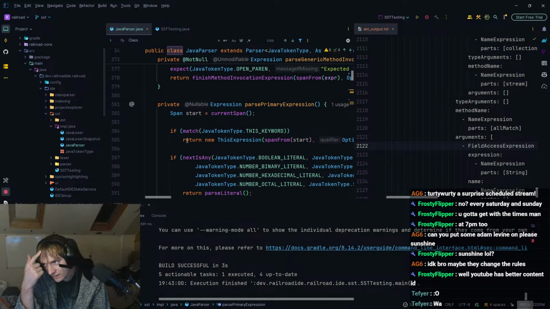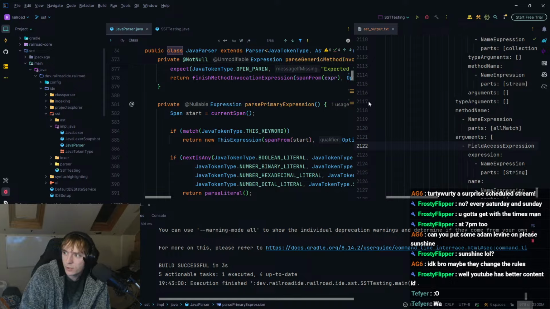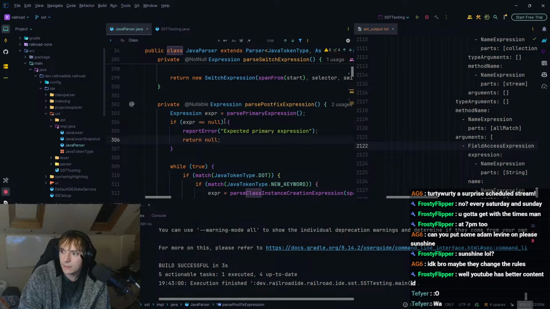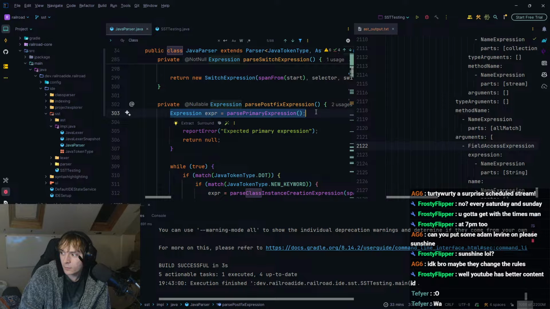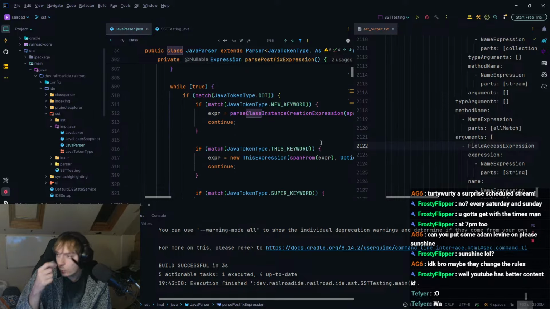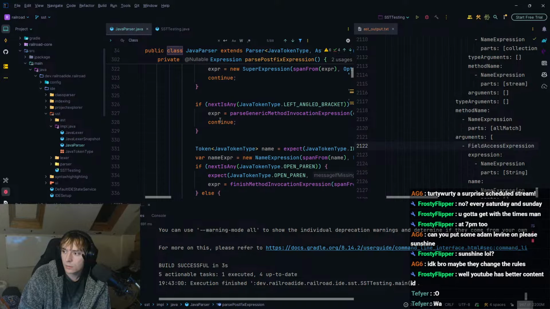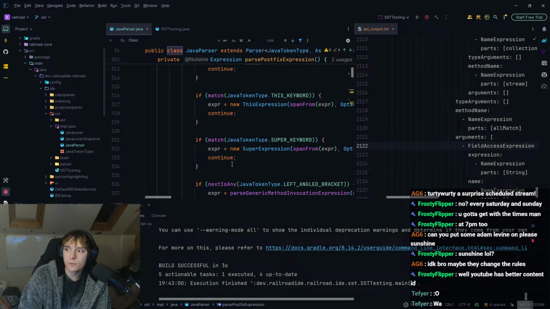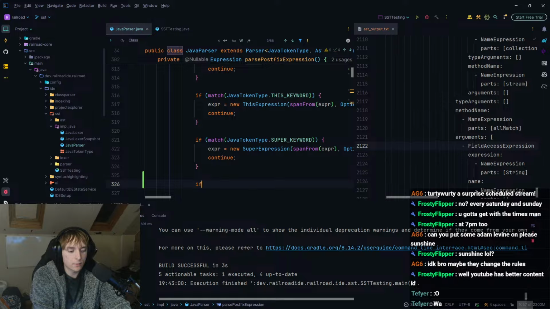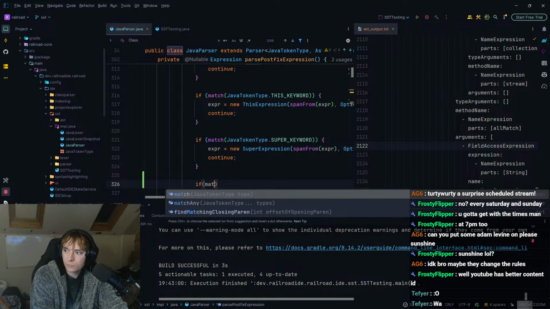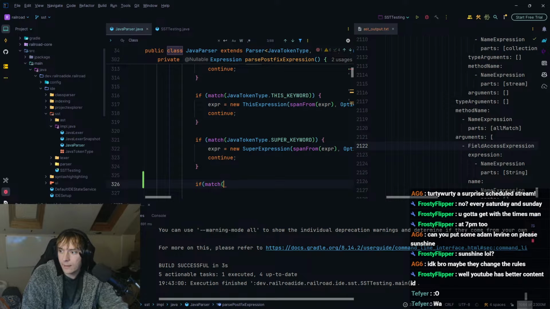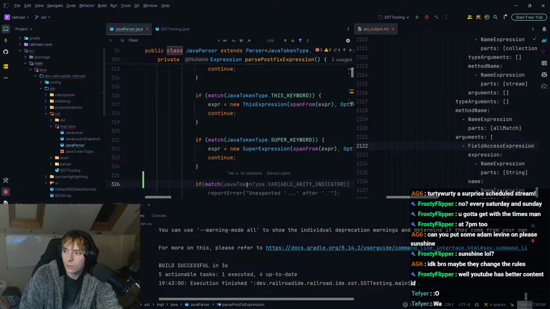Okay, the interesting part is that it's got down to a primary expression. So that we know that means it's happened here, weirdly enough. So for whatever reason, it's found the dot, right? It's found that dot, and then it's gone ahead and it's said, okay, I see the issue. So what we need to do is we need to say if match... no, that doesn't work.